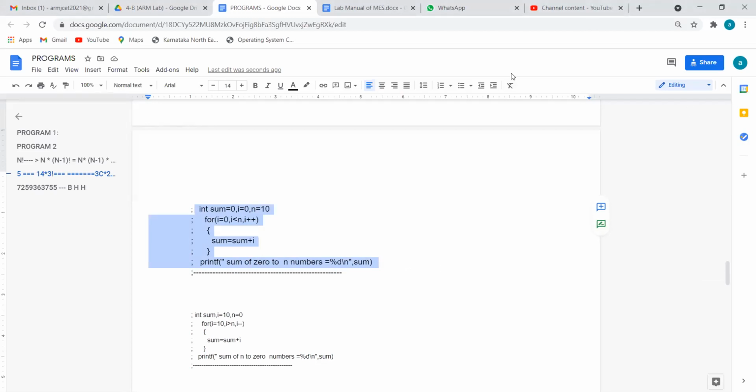Are you getting? Can you see? Yes. What will the program do? Adding, correct. No, Shuraj is wrong. It will print only sum. It will not print all the numbers.